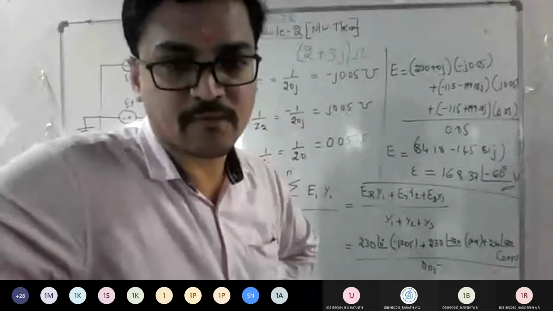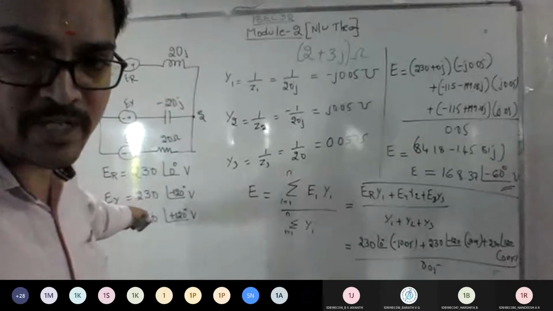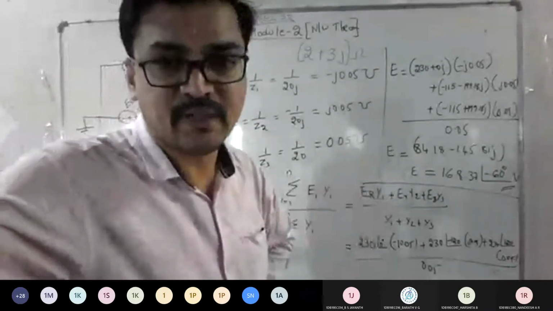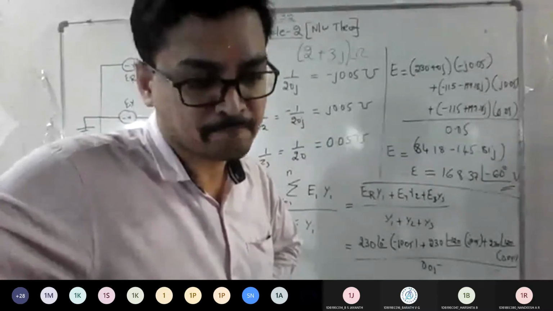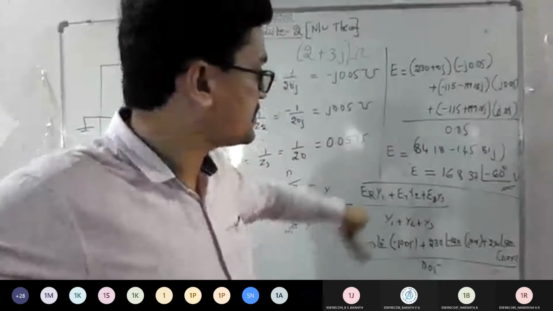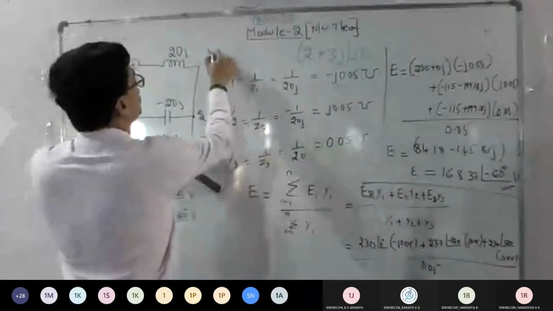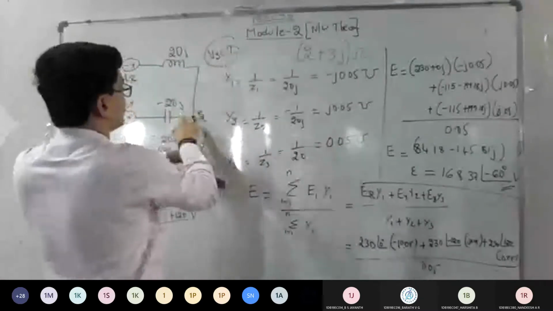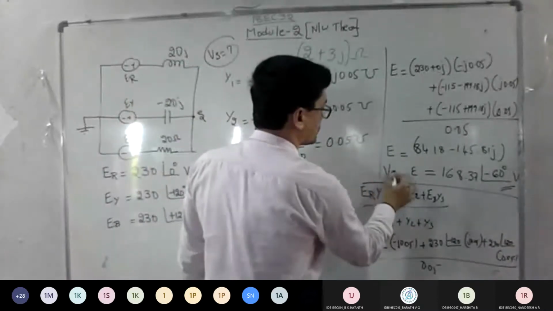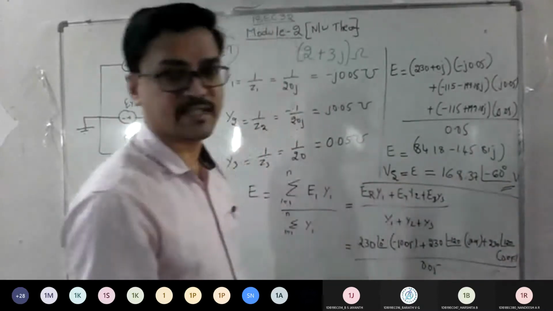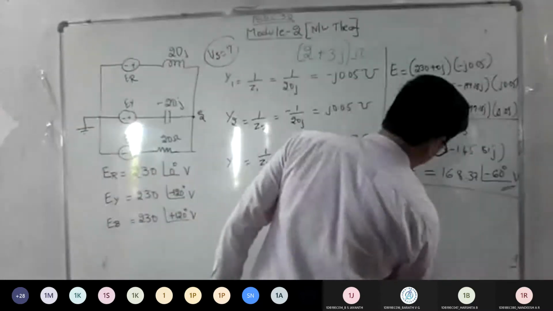You have to keep the voltage in polar form only. Why? Because the question was given everywhere in polar form. For that purpose, you need to keep the final answer also in polar form. Am I clear to everyone? Yes, sir. So now what you got is E, and what they asked is Vs. The question was to find Vs. So Vs means across this. Whatever equivalent voltage you found, that itself is Vs. So Vs is equal to E, that is 168.37. This is the way you need to solve any AC problem.